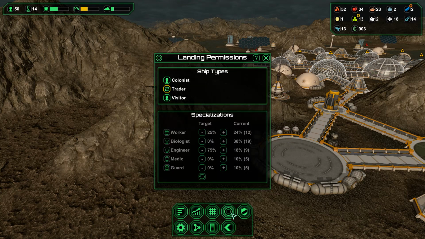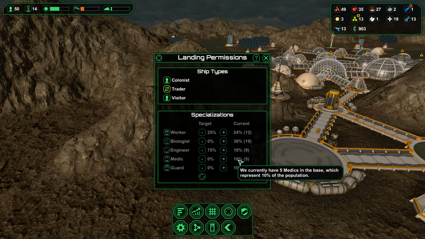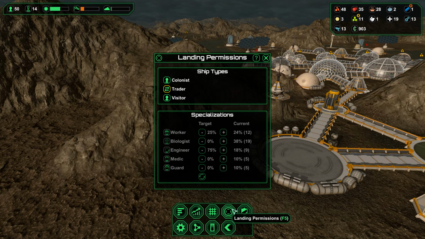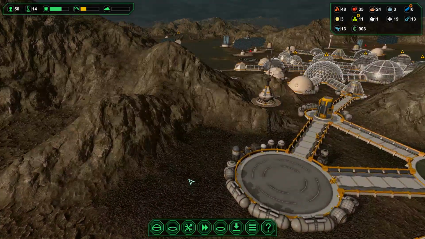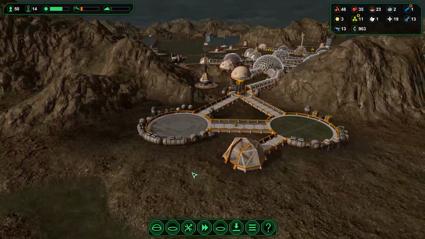Okay, so again, let's look. So now we have 12 workers, 19 biologists, 9 engineers. That dropped that down just a little bit. Yeah, we got a well-balanced crew, which means we can switch over here, and we're at 50 people. So we're halfway to our goal. And we've got the area now set up to do the